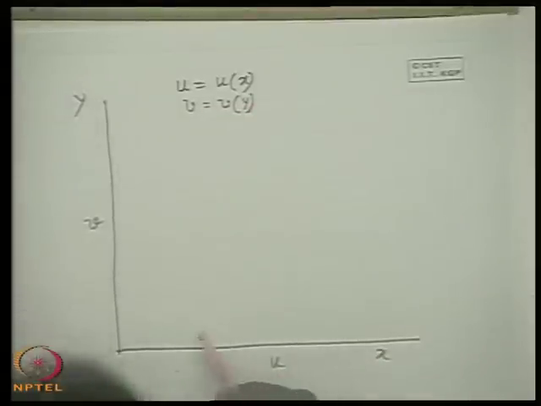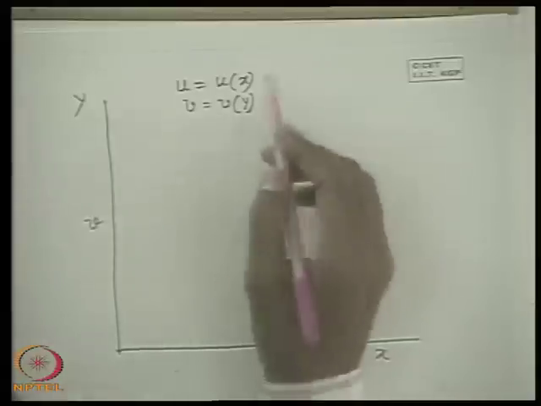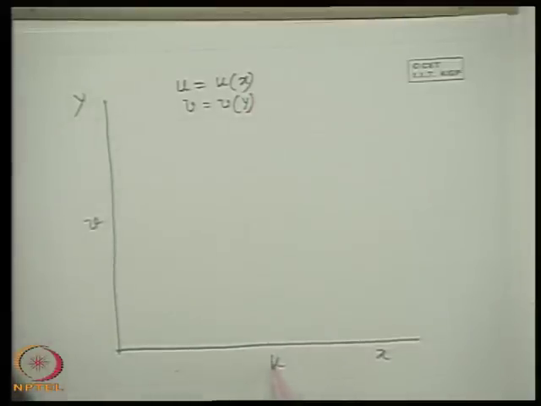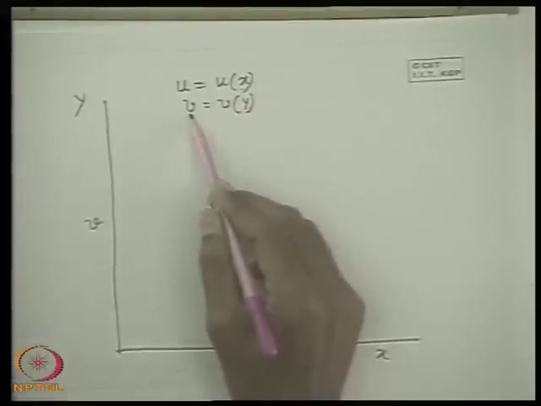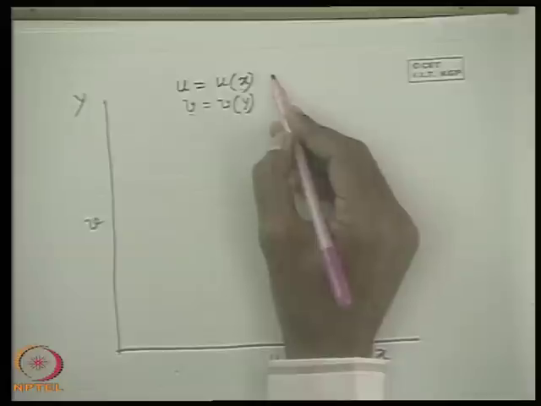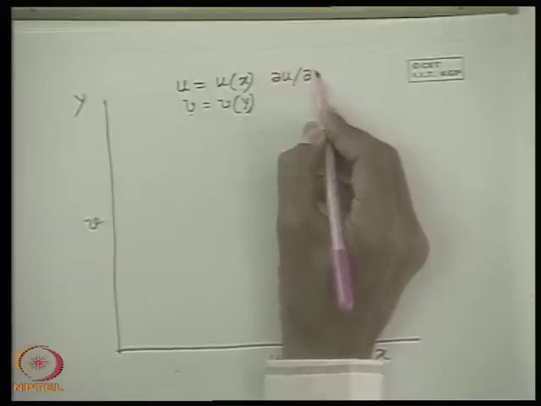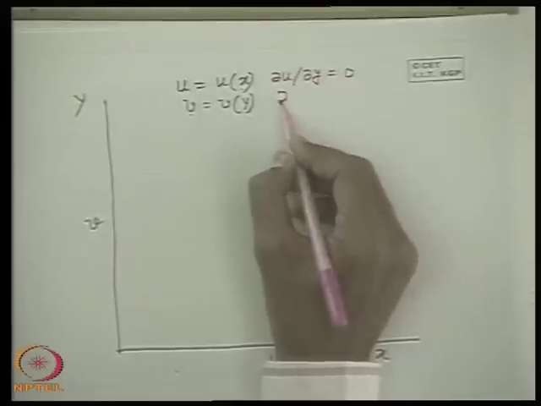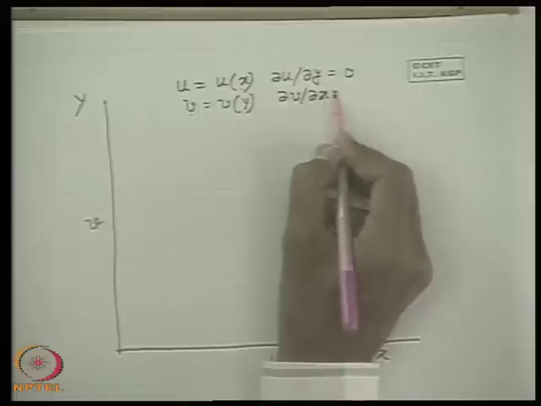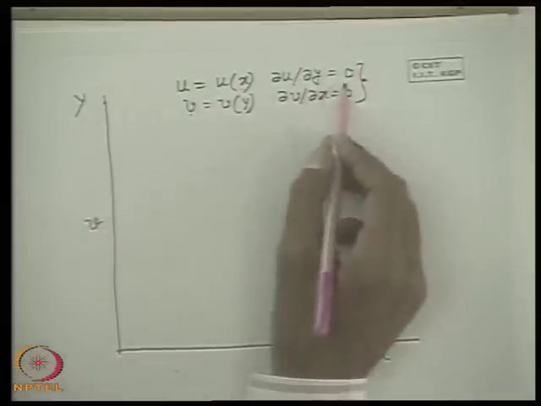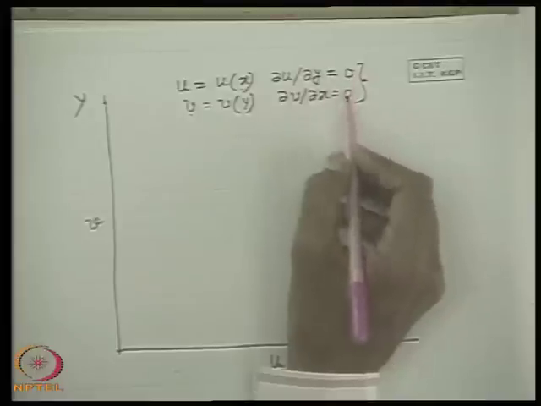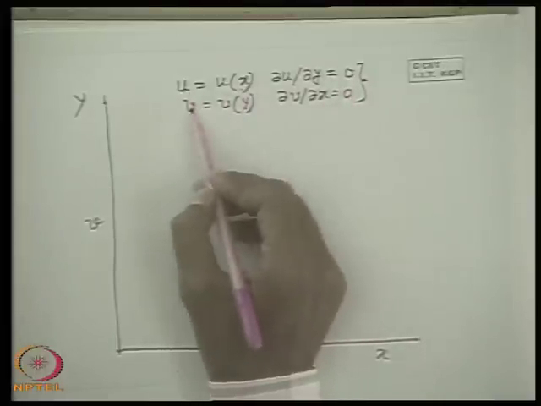That means we consider the variation of the velocity components with the coordinate axis, but take a very special case, that is, the x component of velocity varies with x coordinate only, while the y component of velocity varies with y coordinate only, which mathematically means that del u del y is 0 and del v del x is 0. But this mathematics does not have much bearing now with the physical understanding. Just for the sake of writing, I write this, that u is a function of x and v is a function of y.